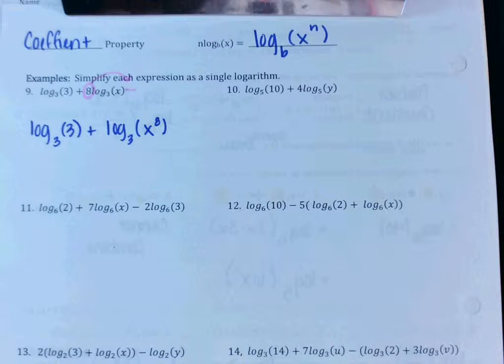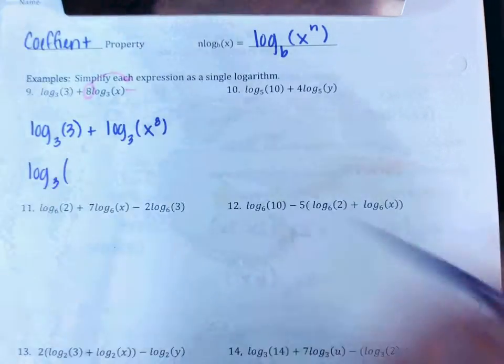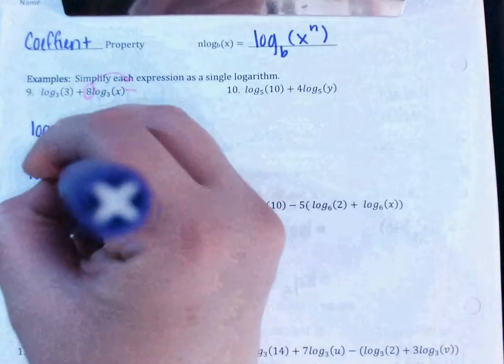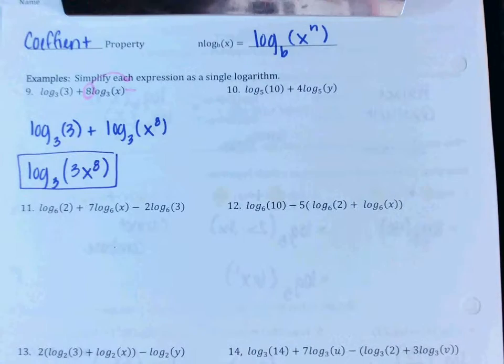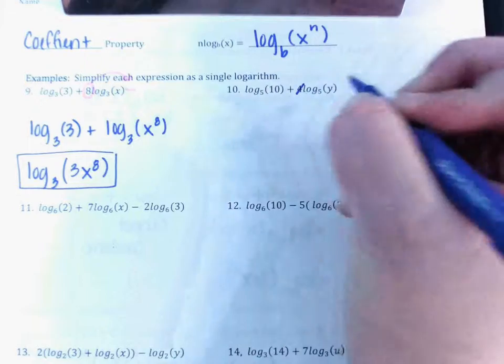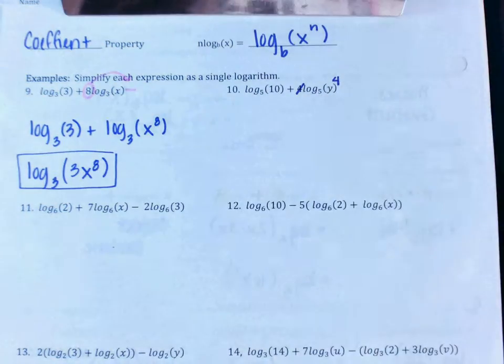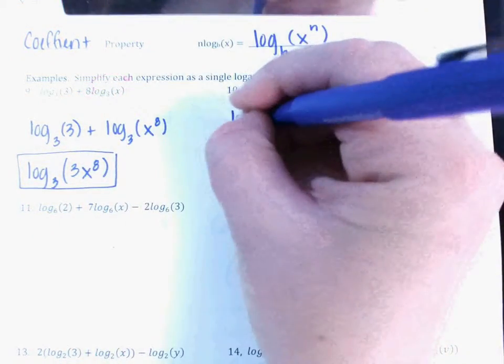And then from there, if I'm adding in the middle, what can I do there? To combine them into a single log, multiply. Very good. So 3 times x to the 8 is just 3x to the 8. Okay? Take a look at number 10 right next to it. Okay, what number are we moving? The 4, cross it out, and it's going to be applied as an exponent on the base y. And then you'll multiply. So it'll be log little 5